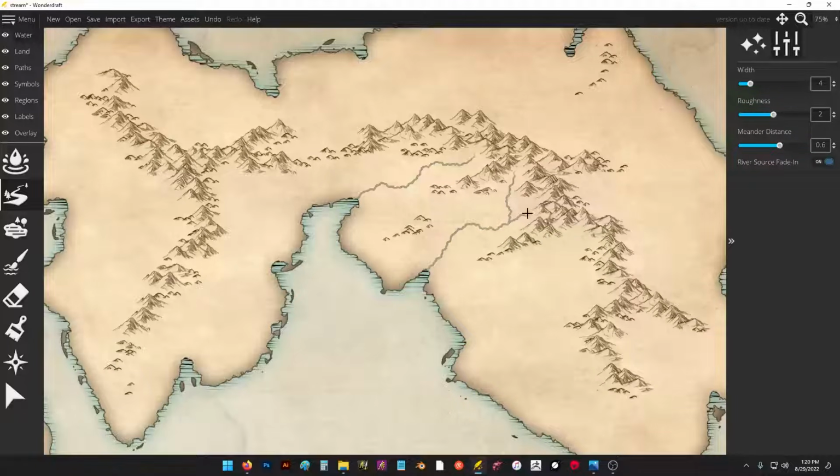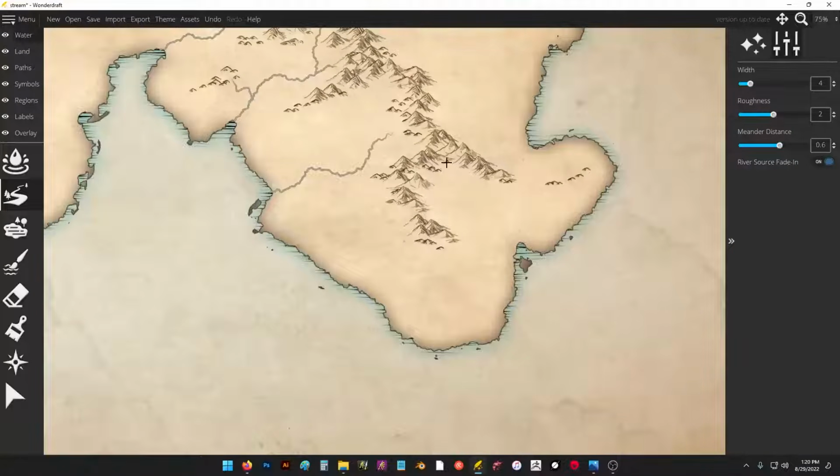We have another river coming into this one. And let's say from these hills, we have another river that comes down. Just something fun like that. Let's do the same thing here. Maybe right here. I'm just adding these willy-nilly. Again, double click to add it. Kind of makes its own